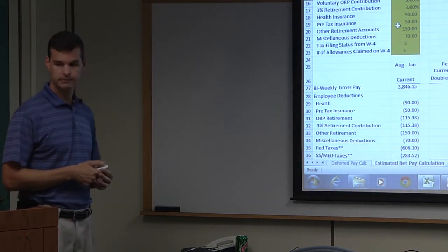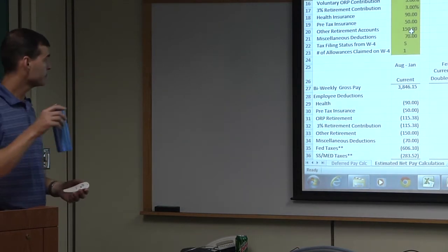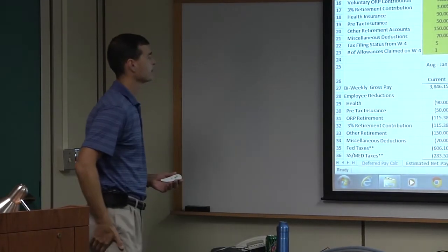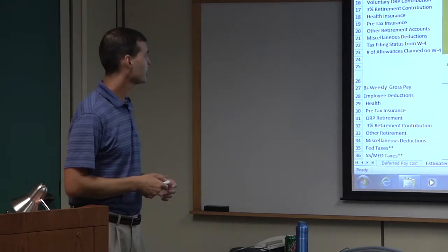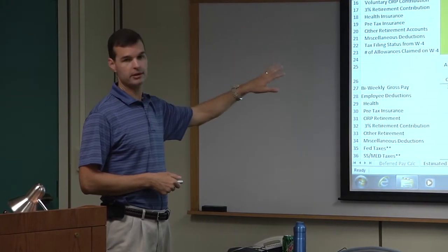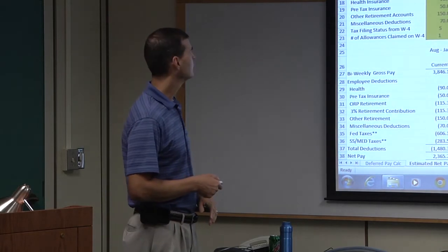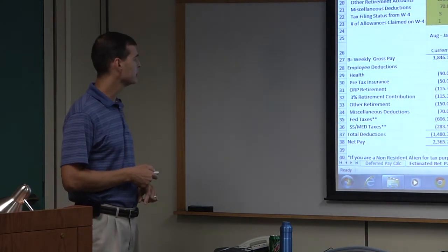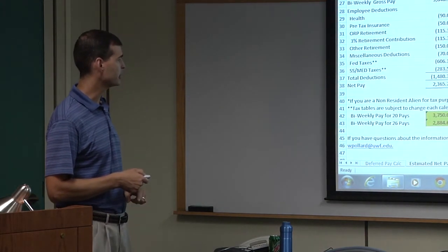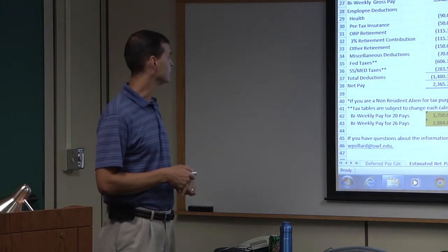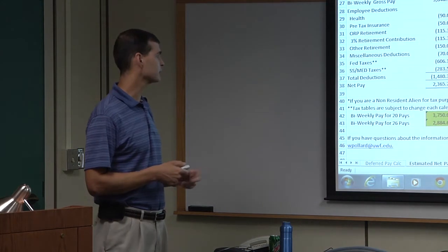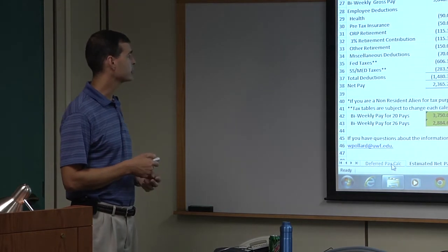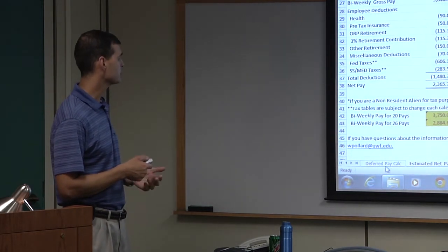Yeah, this area up here is where he has allowed you to place your personal information. So it will recalculate the matrix below that he's constructed in the spreadsheet, so you can look at your personal situation. And if you're unsure what you have, where it fits in this, we'd be happy to try to help you out. I tried to put some help in there. That way it would be pretty clear. But the biggest thing we want you to see is that the net pay is just not going to be the same, because of some of the requirements that we have, and because of the change in the way health insurance is calculated as part of that process.